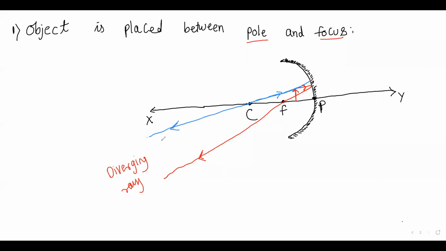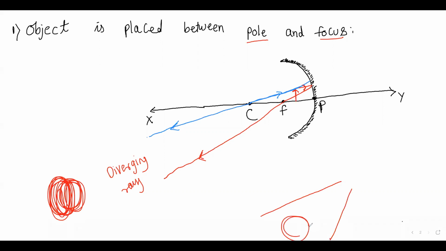These two rays can't meet here. ये पार्ट में ये रेस मीट नहीं कर सकते क्योंकि ये डाइवर्जिंग रेस है।